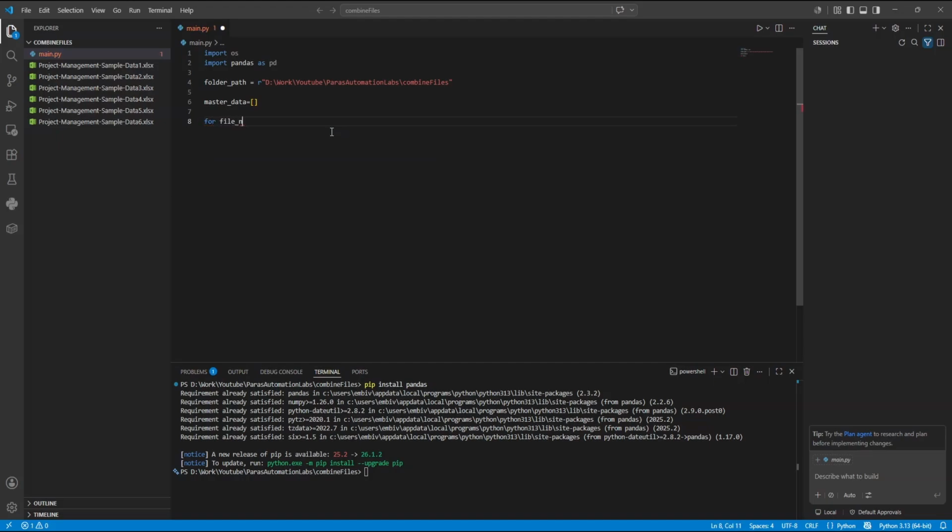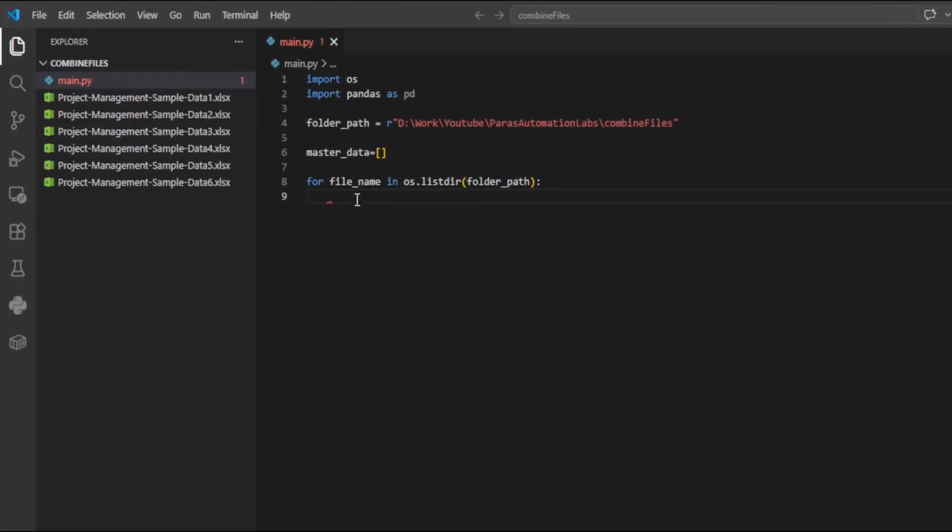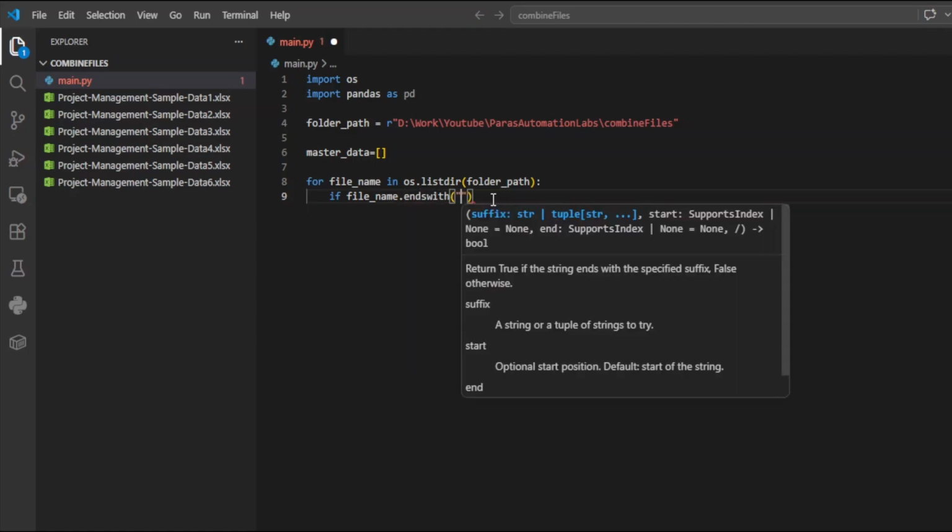So for file name in os.listdir. What listdir does is it lists all the files which are available in the folder path we provide here. Inside this folder path, it will list all the files we have. Now our second condition is we only need to access our Excel files, not any other file, because we have this main.py as well in this folder. So we will skip the py or any other file and just use xlsx files. We will check if our current file is an xlsx file: if file name ends with .xlsx,